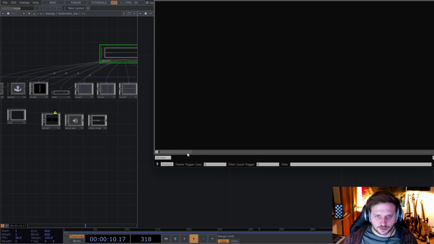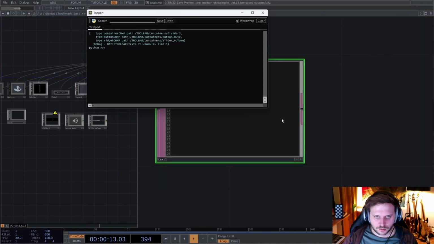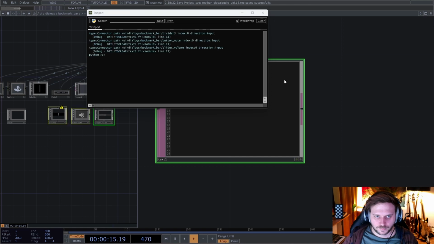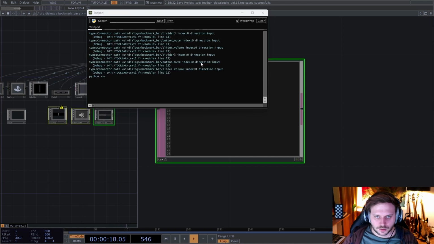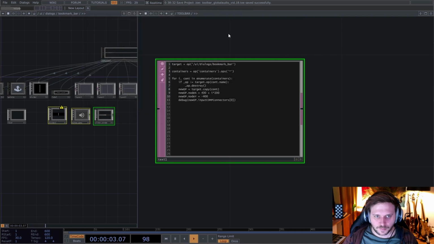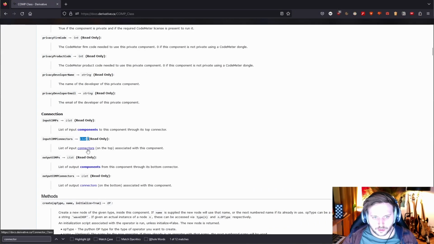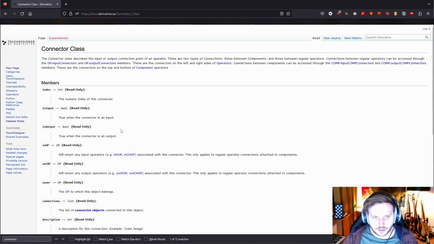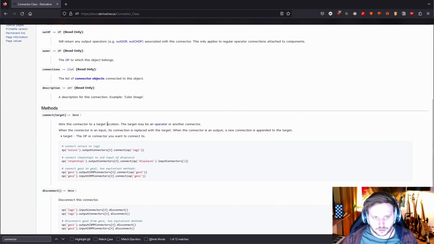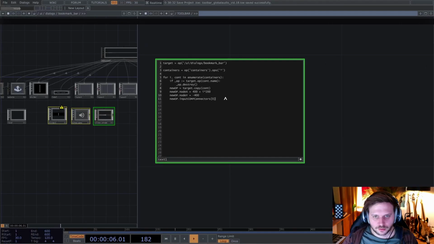So let's run this and look at our text port. And we can see that it's in fact giving us a connector. So these connectors, if we look at the documentation here, they have a method called connect, and it can connect to another connector or an operator. So let's connect this